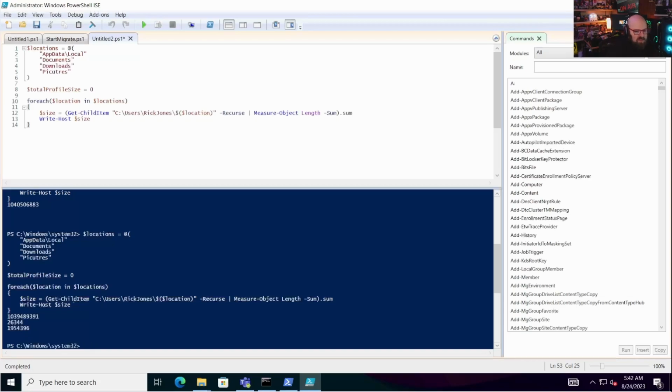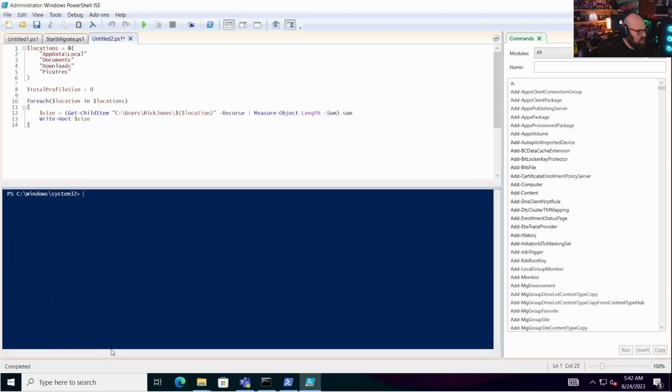The problem is, well, there's two problems. I want to add that to the total profile size. And what I also want to do is write it out in terms of gigabytes. So total profile size plus equals, I'm just going to add the size number since they're both numbers. But I also need to get the size in gigabytes. So in order to do that,